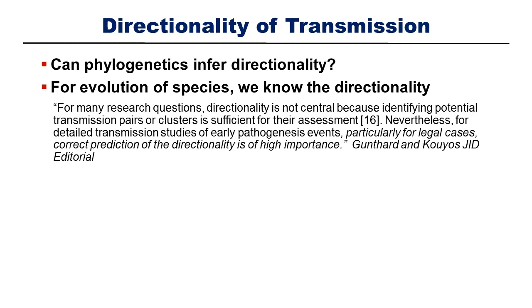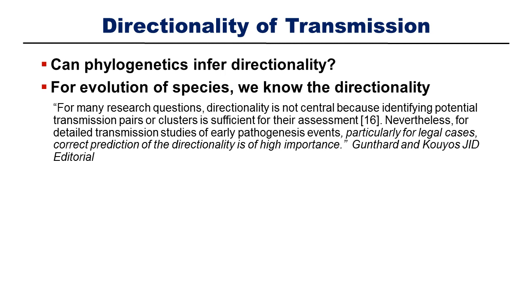So now I want to talk about, can phylogenetics infer directionality? If you're thinking about it from the standpoint of the study of evolution, directionality is obvious. A zebrafish is lower on the phylogenetics totem pole than chimpanzees or human beings. But there's a quote in there, and I want to read the quote to you so we're all on the same page with this.